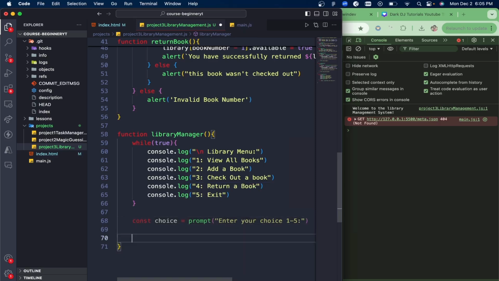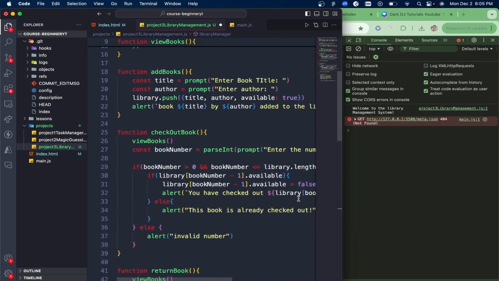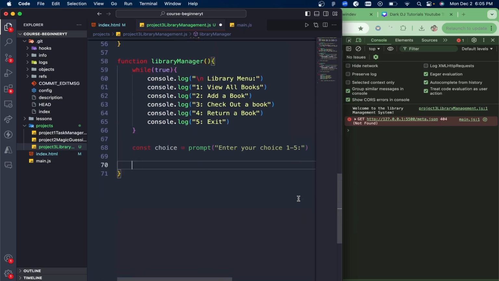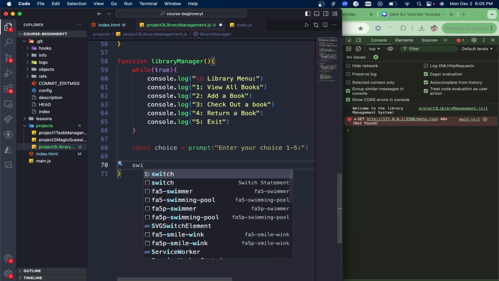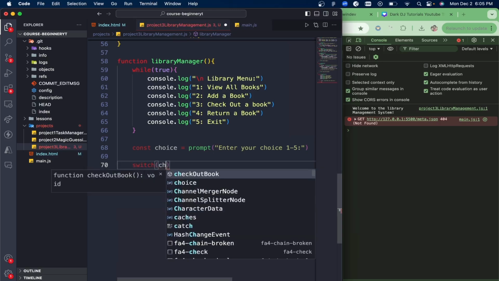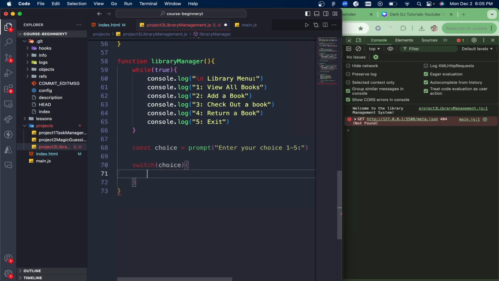No 0. But even though they do 0, we're gonna use a switch statement to show the user different things. Okay, here switch choice, and we want to see case